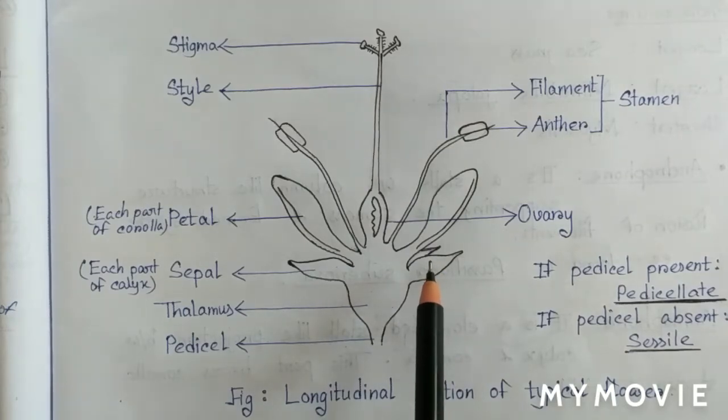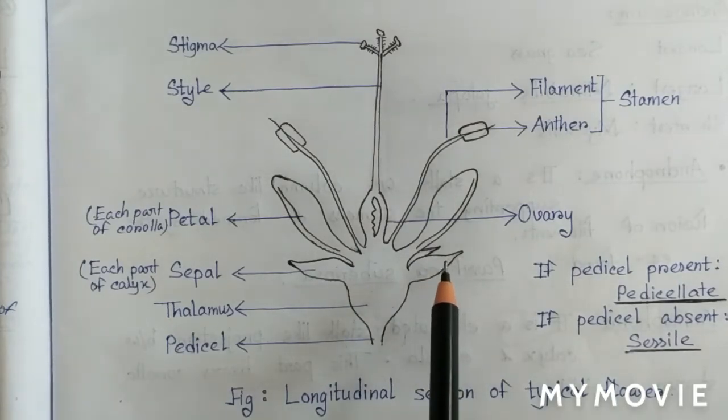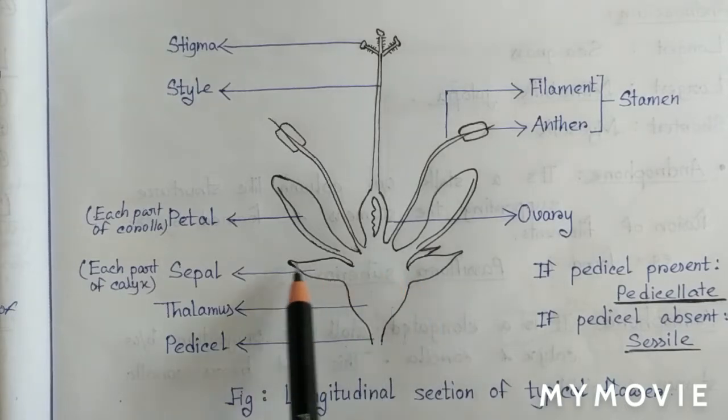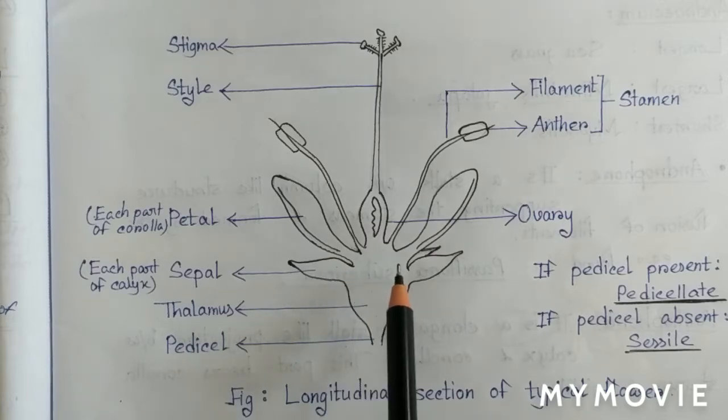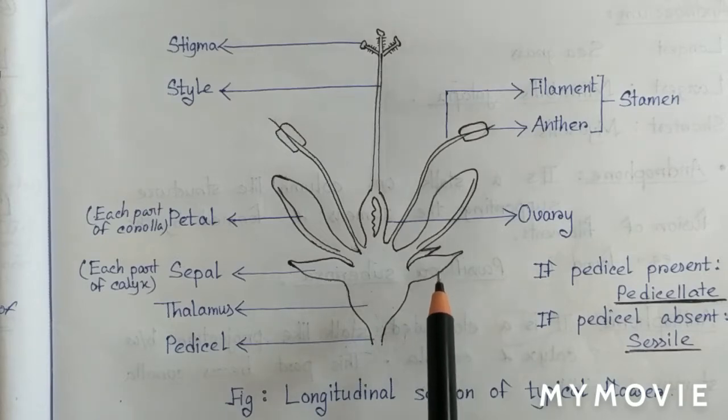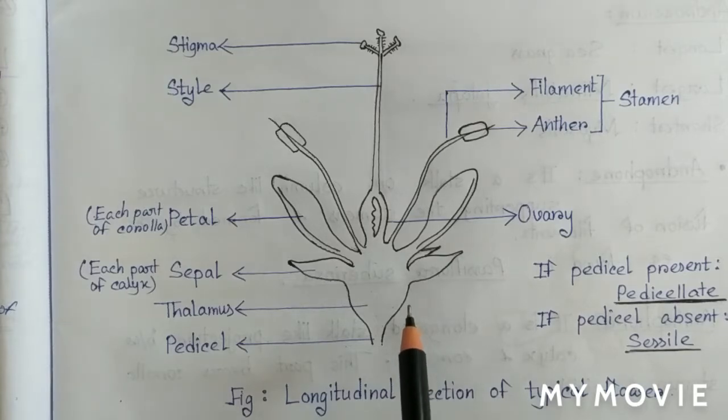Now, what is the function of calyx? Why does a flower bear a calyx? The first function of calyx is protection of flower from the external environment. Then, generally sepal of calyx is greenish in color, so it has a function, that is photosynthesis. Then, it attracts animals for pollination. If calyx is tightly attached with fruit, then it is known as persistent calyx, which we find in green chili. The calyx part is tightly attached with the fruit part. That's why it is called persistent calyx.